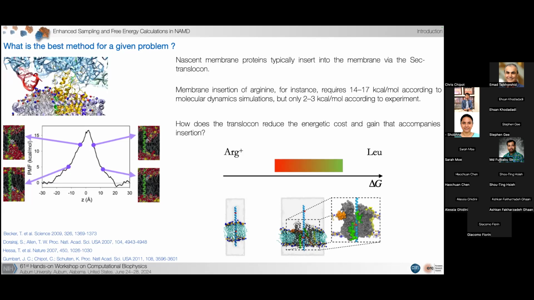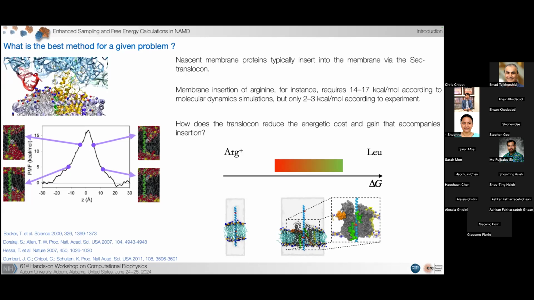I mean, you would think intuitively that it would be way more expensive. So our colleague Toby Allen undertook back in 2007 a simulation whereby he would translocate one arginine attached to a pseudo-infinite